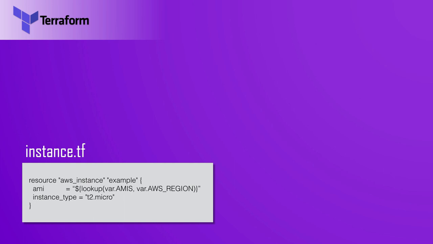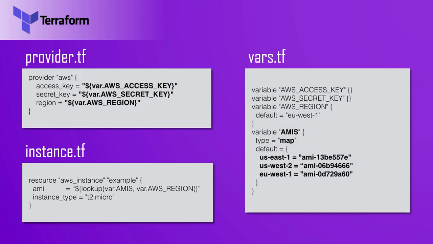So what does the lookup do? Lookup is going to do a lookup in a map variable. So here, we are going to create a map variable, which you can see on the right-hand side. We are going to create a variable that is of type map, and it has key-value pairs. So, we see the default as us-east-1 with an AMI ID, us-east-2 and then another AMI